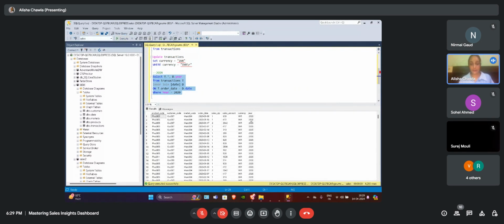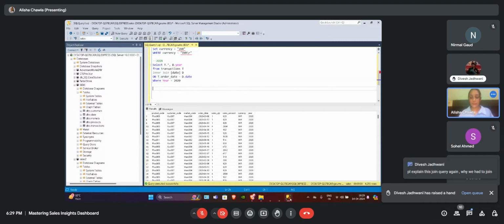So what we are seeing is that we have a column named year in which we have 2020 records for all the data. So this is a basic join command where where is used to give a filter to the query, saying give us all the records related to the year 2020. So where year is equal to 2020. This is a basic command. So any questions still here?